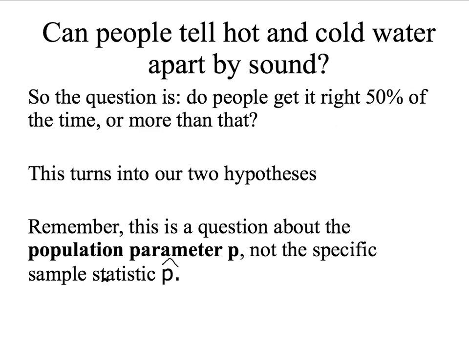So we want to know whether people would get it right 50% of the time or more than 50% of the time. And that's what we're going to use to make our two hypotheses. And notice when I say that, I'm asking a question about people, about everyone. I'm asking about the population parameter. What percent of people would get it right? That's a question about P. Our sample statistic, P hat, we're going to know what it is. That's the percent of people in our study who got it right. But we want to know, based on our sample P hat, what can that tell us about the whole population